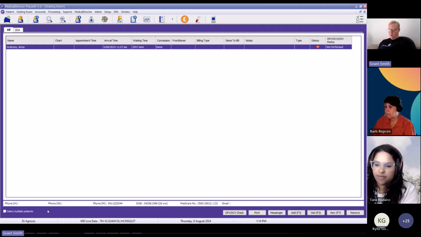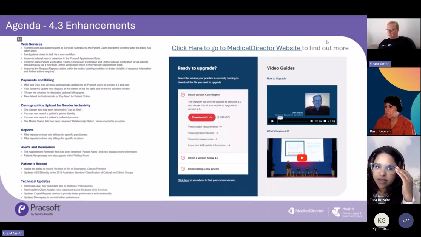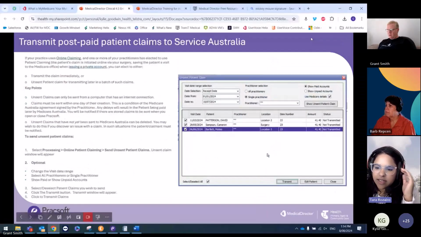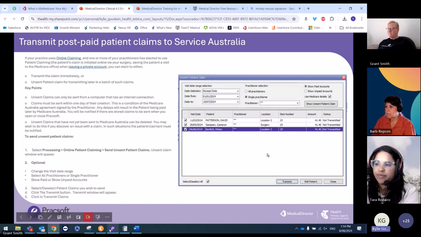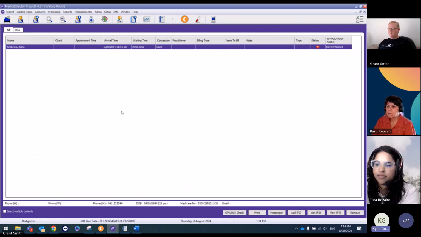Okay, yeah, cool. Let us jump out of that one. Let's go back into MD. Thanks, Grant. We just had another question saying, sorry, what's the point of the percentage? It's just to be able to search if you can't find something, if I want a list of everything. Basically, if you can't spell a surname properly, or it could be similar sounding, like Smith and Smythe. If you're looking for a patient who said his name was Smith and nothing was coming up with SMITH,